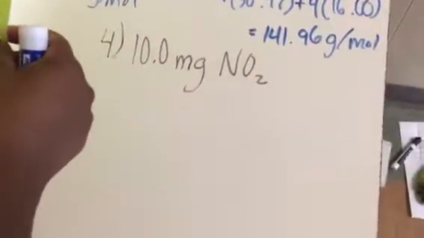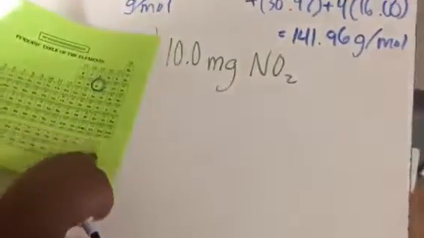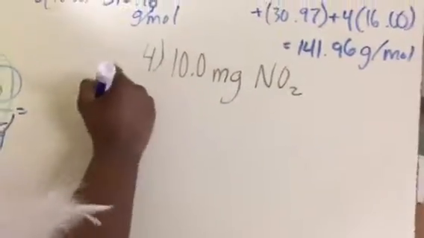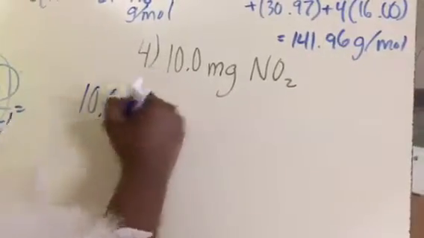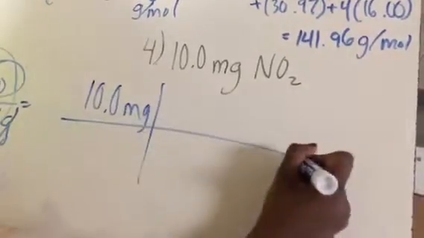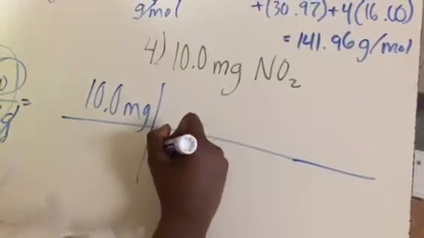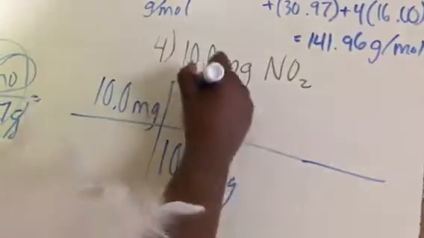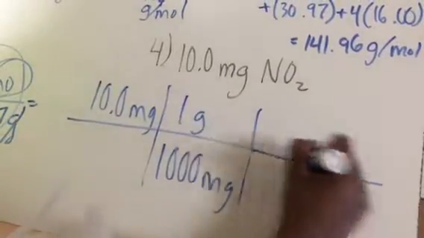Since we have milligrams and all our atomic masses on our periodic table are in grams, we'll have to convert milligrams to grams. 10.0 milligrams, and that'll be our first step. Okay, we have 1,000 milligrams per 1 gram. And then we have to find our molar mass of